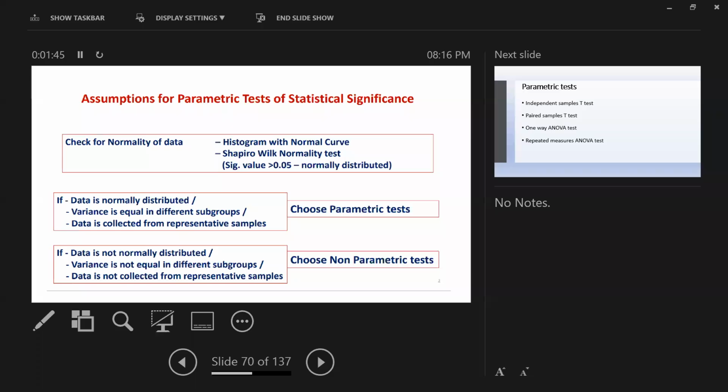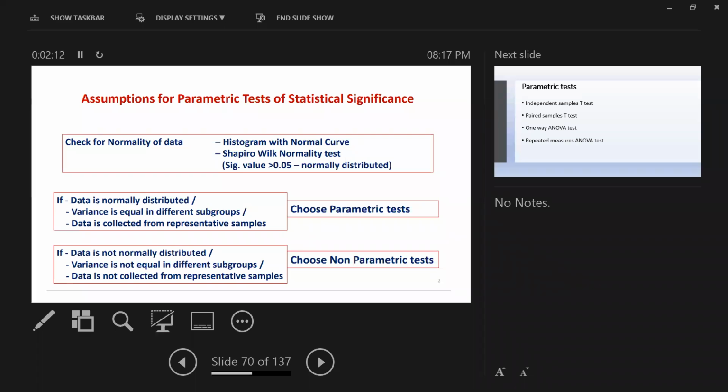So these are the two conditions which decide which test to be used, parametric or non-parametric. What are they? The data should be normally distributed, and the homogeneity of variance is assumed. Then parametric test. If data is not normally distributed or the homogeneity of variance is not assumed, then we need